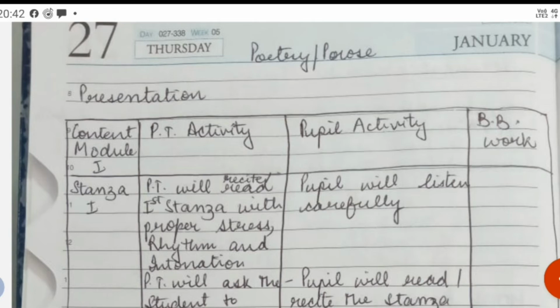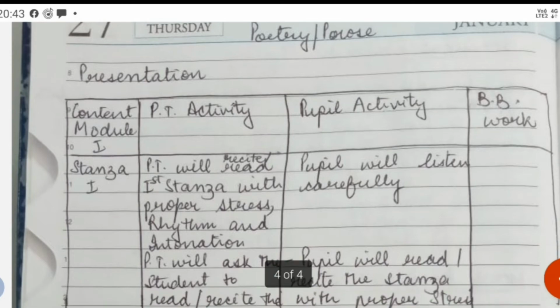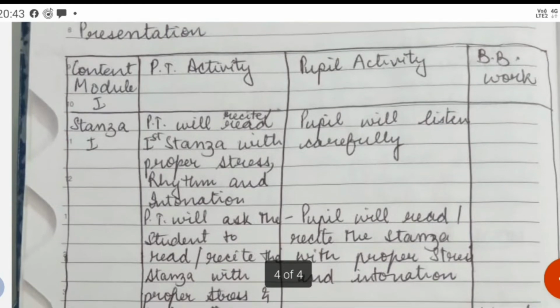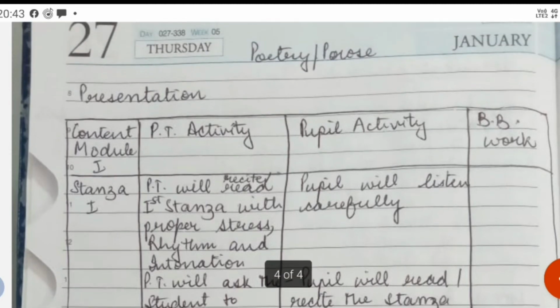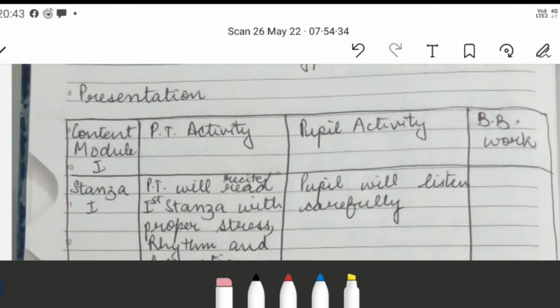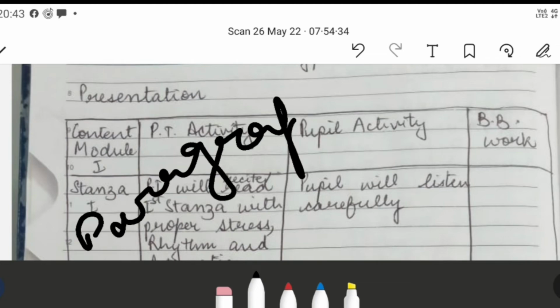नाउ ऊपर वाला प्रोज और पोइट्री वो था ग्रामर का। प्रोज और पोइट्री की अगर हम बात करें, ऊपर वाला सारा सेम है, बस प्रेजेंटेशन डिफरेंट है, या नीचे वाला भी सेम है टर्मिनल बिहेवियर टेस्टिंग और फाइनल असाइनमेंट जो आपने देने हैं, बट प्रेजेंटेशन कैसे करना है, अगेन यू आर गोइंग टू मेक द 4 modules। उसमें क्या करना है, फर्स्ट मॉड्यूल अगर आप पोइट्री करवा रहे हैं देन यू आर गोइंग टू राइट स्टैंजा, बट इफ यू आर टीचिंग द prose then you are saying paragraph, then don't write the stanza, ठीक है।